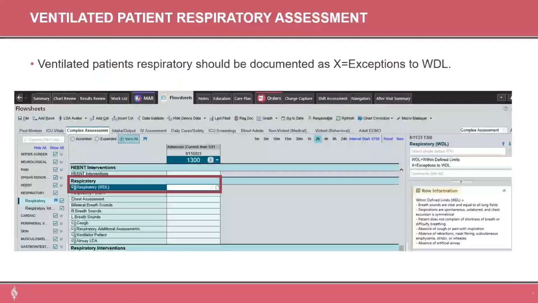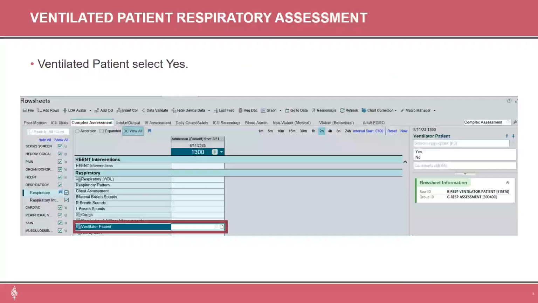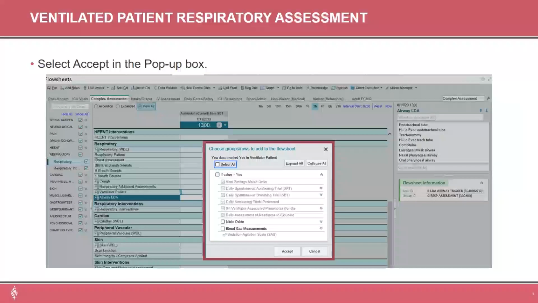When documenting the respiratory assessment of a patient with a ventilator, choose the option X equals exception to WDL. This will cause additional row information to cascade open for further documentation. Highlight the row ventilator patient and select Yes. A pop-up window will appear for the nurse to confirm what information is included in the next set of cascading